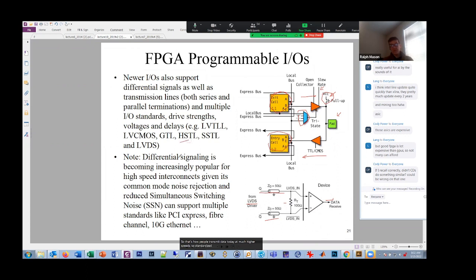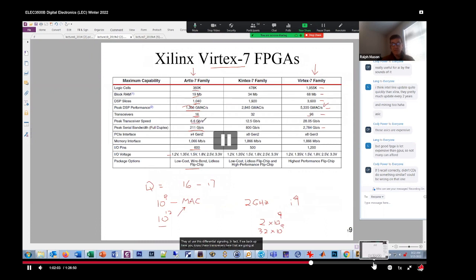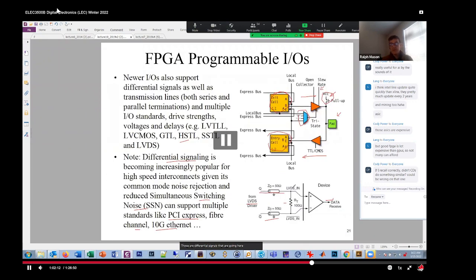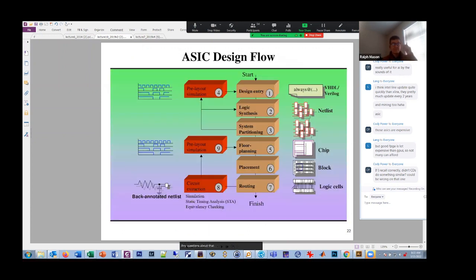So standard I/O supports all kinds of things. Today, for really high speed signals, they use differential signaling. And you have to be very careful about switching noise. That's why it's differential. And there are all kinds of standards, like PCI for the connections in your PC to memory, Fibre Channel, high-speed Ethernet, they all use this differential signaling. And in fact, if we back up here, these transceivers that are going at 6 gigabits per second, those are differential signals going here. So those are the IOs. Any questions about that? Okay,